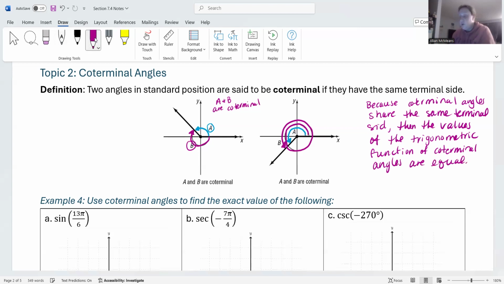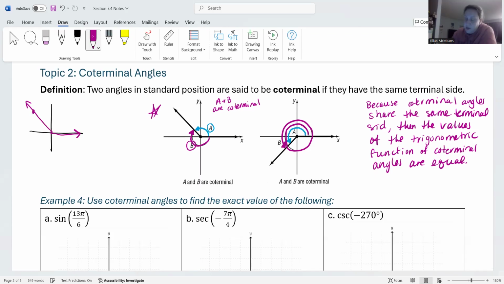are equal. So in this picture right here, the first image, if we were looking at the six trigonometric functions for angle A and comparing them to the six trigonometric functions for angle B, they would be exactly the same because they share the same terminal side. Same thing for the second image. We have two positive angles, but one does only part of a revolution, the other one does a whole revolution plus some. A and B, if we were to look at the six trigonometric functions, they would be exactly the same because they share the same terminal side. And we already know that with any angle, if we have some angle in standard position,